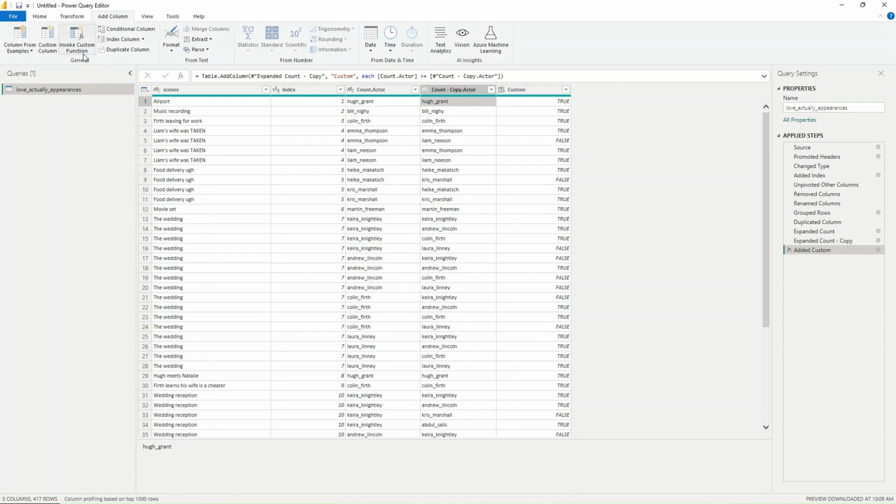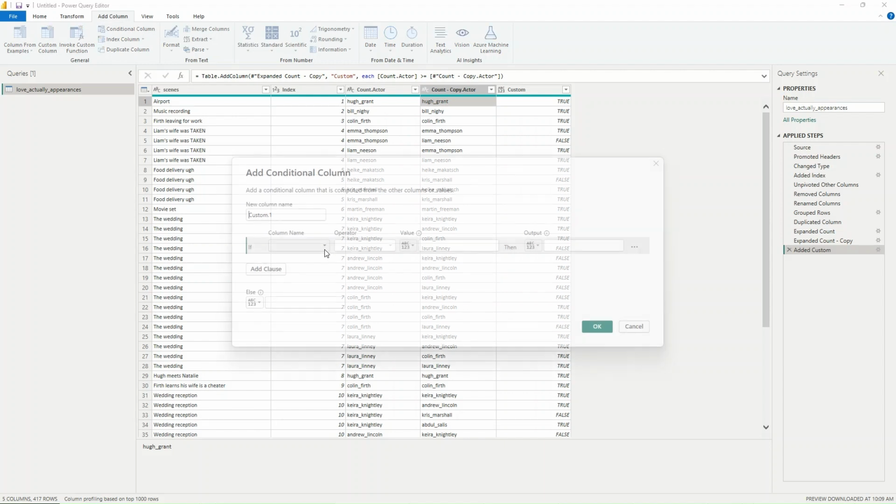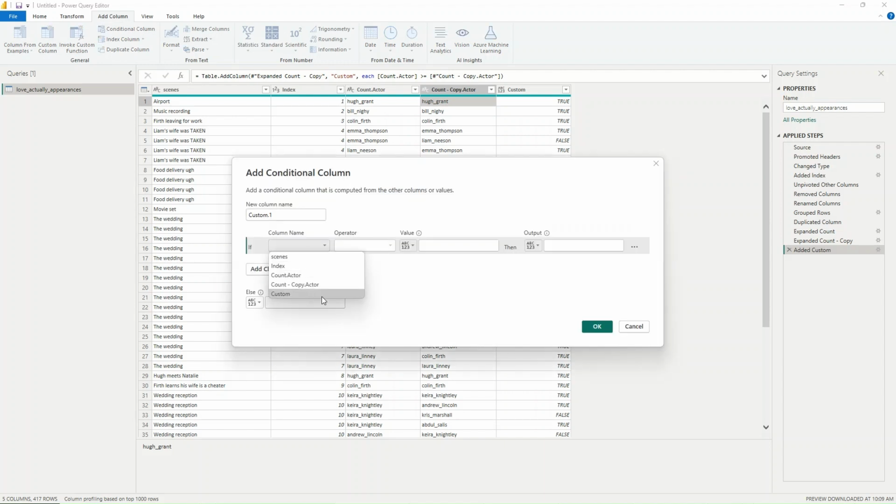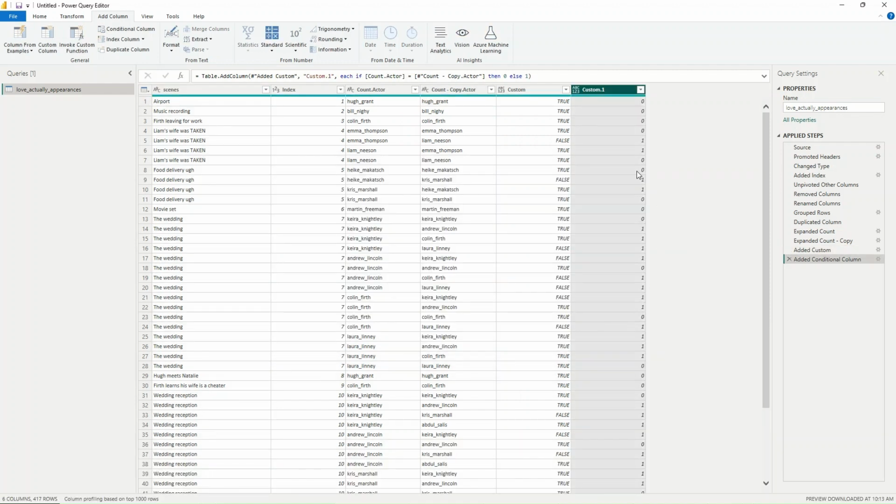I will go to Conditional Column and say if my Count.Actor is equal to, and then we want to again choose a column, so I will say Count Copy.Actor, then we will say 0, otherwise we will say it's 1. Click on OK. So this is because both the actors were equal, that's why we were getting 0. If both the actors are different, which means there are two different actors in the same scene, then we will select 1.